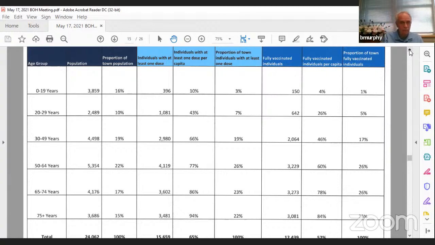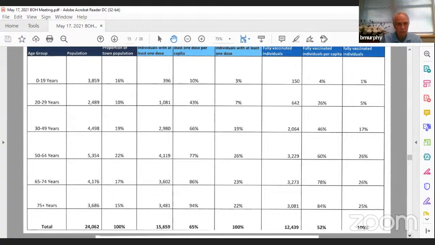Age 75 and above is 94% with 1 dose. 65 to 74, 86%. And then it drops down, basically because the vaccine now is available for this age group. So we can see the total vaccine in town of our population of 24,000. We've had 15,000 people with at least 1 dose. So we're at 65% within town with 1 dose.